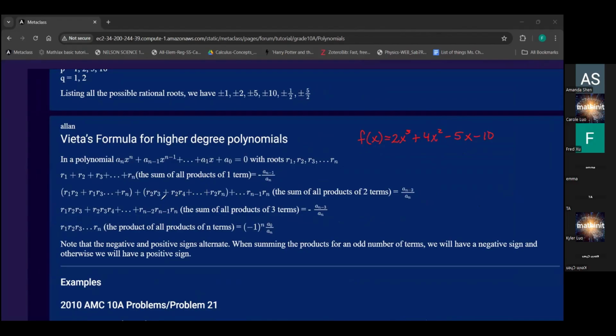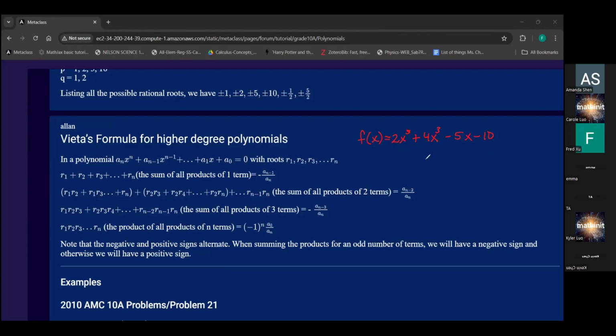And so basically, the sum of all products of two terms is just A of n minus 2 over A of n. So it is the leading coefficient as the denominator, and the next term, actually, I'm going to change this just so it can suit our example. Let's make this 4x to the 3. Okay, so using this example,